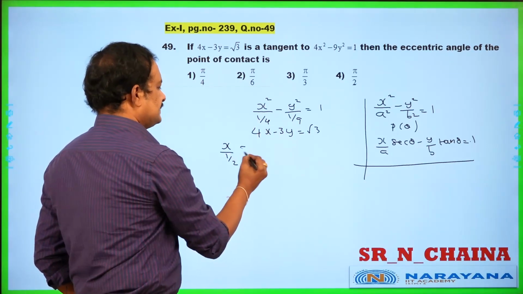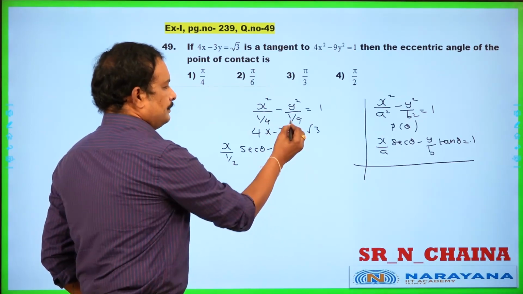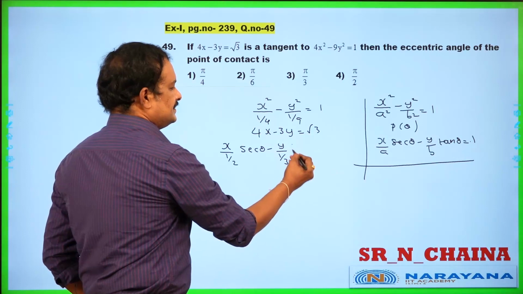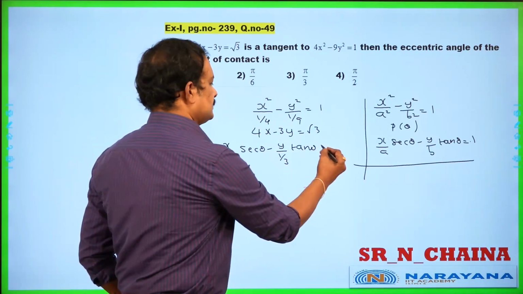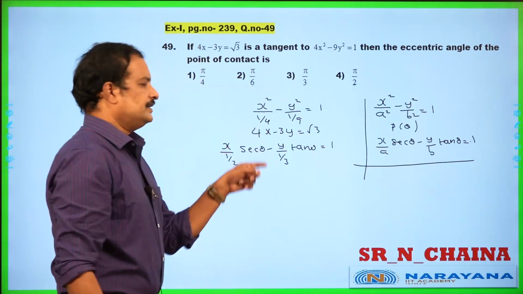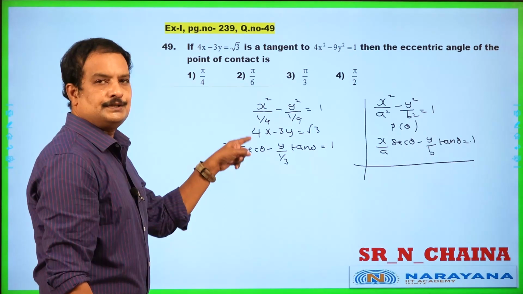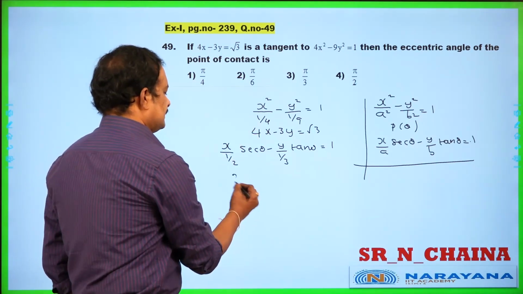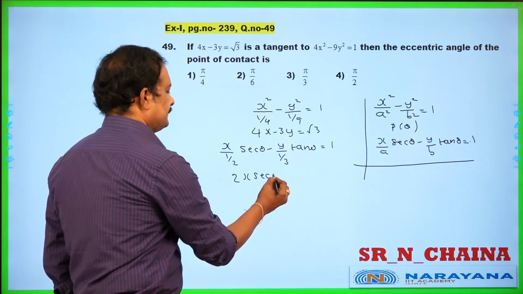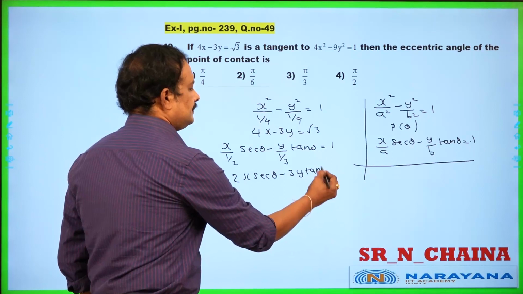So x by a secant theta, next minus y by b. The b value is 1 by 3. This is tan theta equal to, this is the 1 here. So this is equal to 1. So both the equations are representing the same line. We are assuming that it is tangent to the hyperbola at a point theta. So in this case, it is nothing but 2x secant theta, next minus 3y tan theta equal to